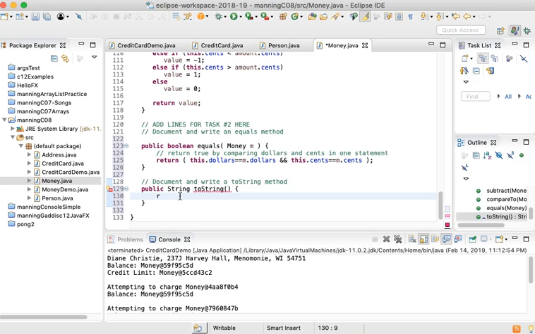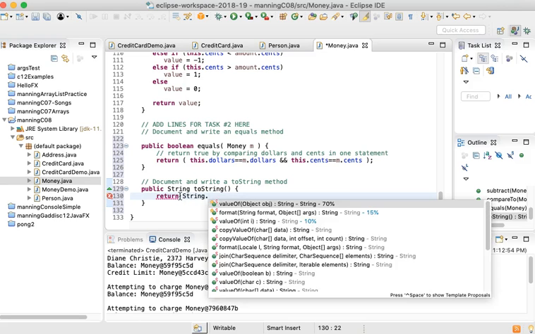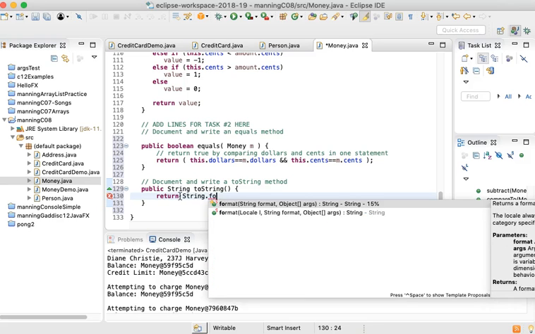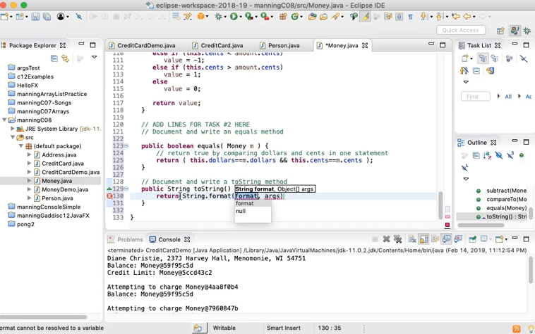I'm just going to return String.format. This is a wonderful thing to learn. I learned this way back in my C learning days. The format of my string is a string that's describing how to display the dollars and cents. What this means is I'm going to display a dollar sign, and then I'm also going to display, in special code,